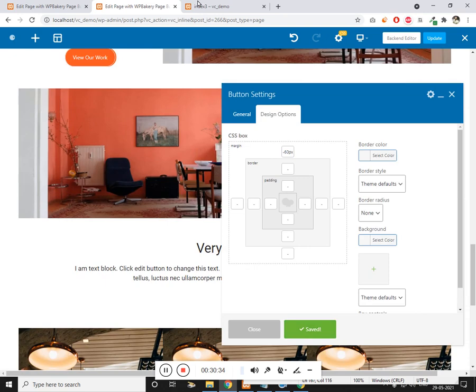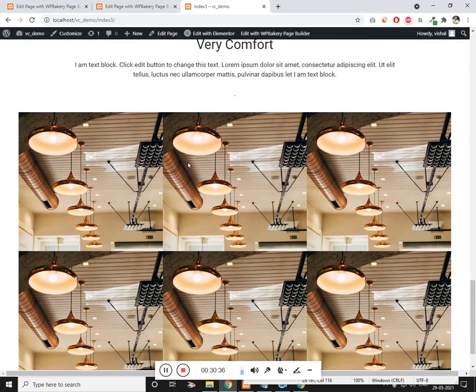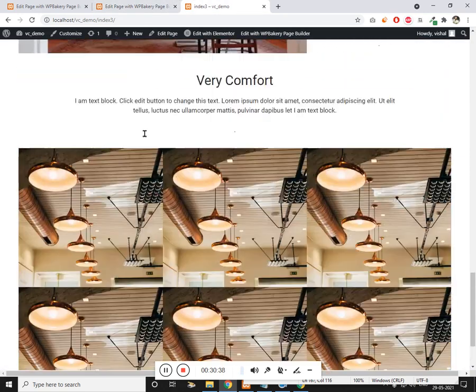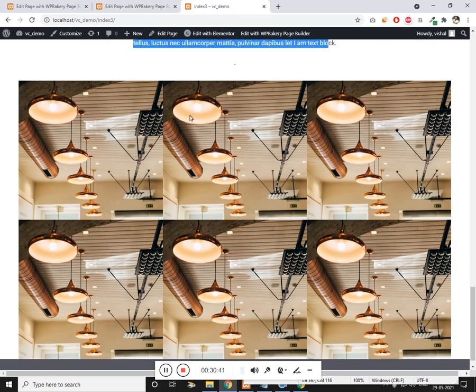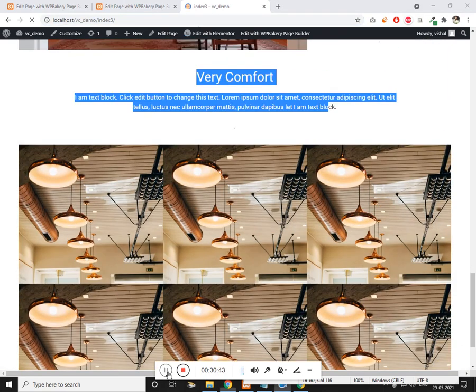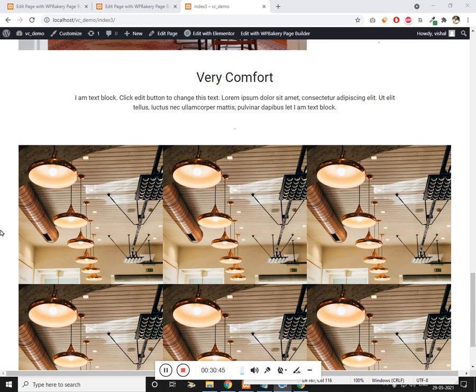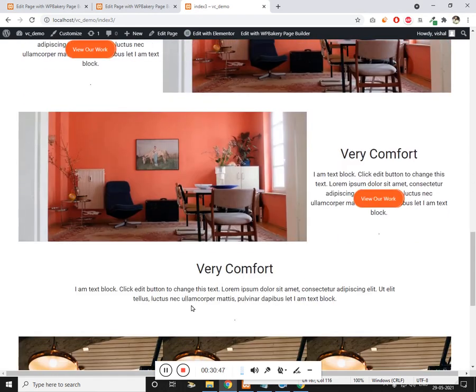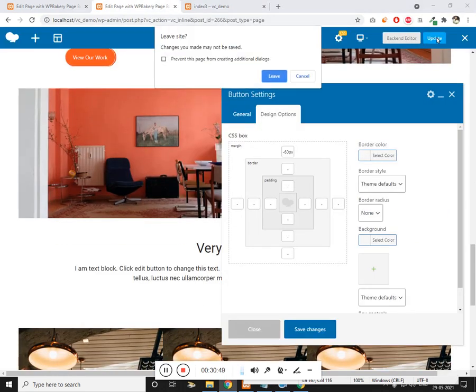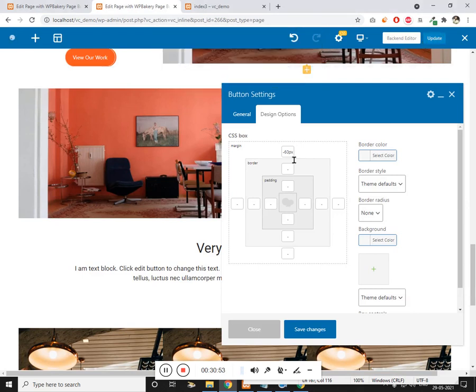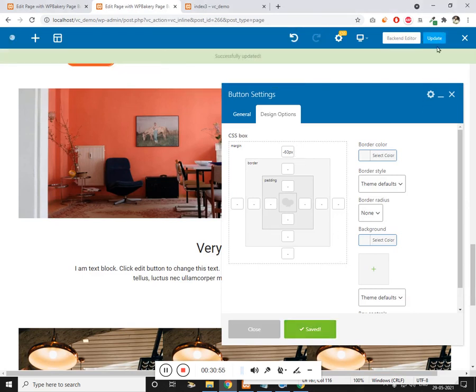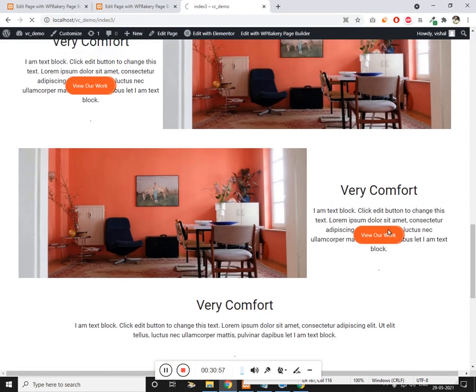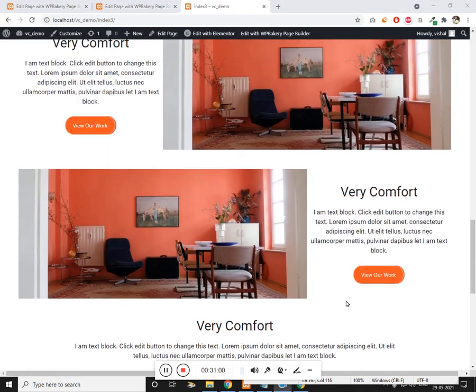And we have our gallery. Just have to change the text. So now let's click on update, and let's refresh and show you, and you could see the button is at the right place.